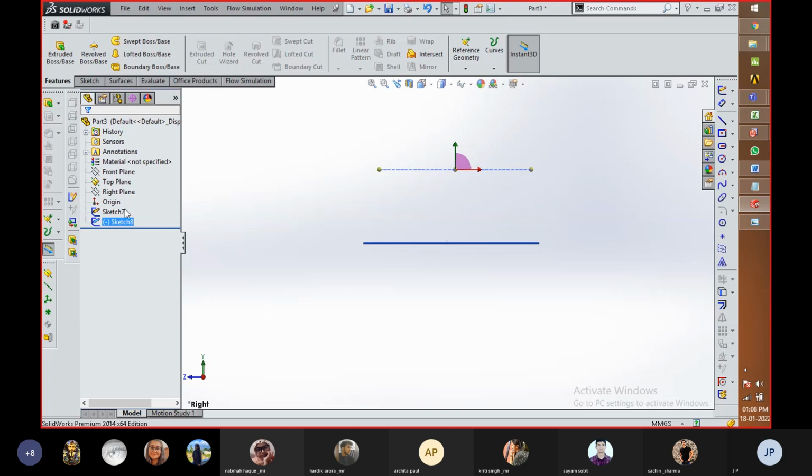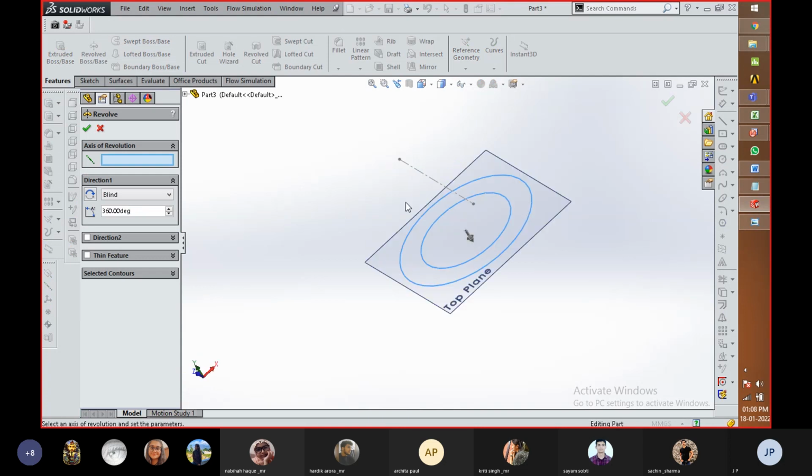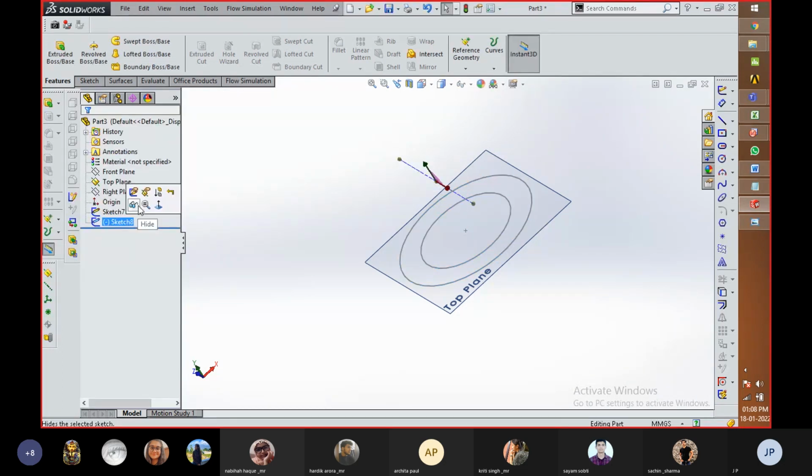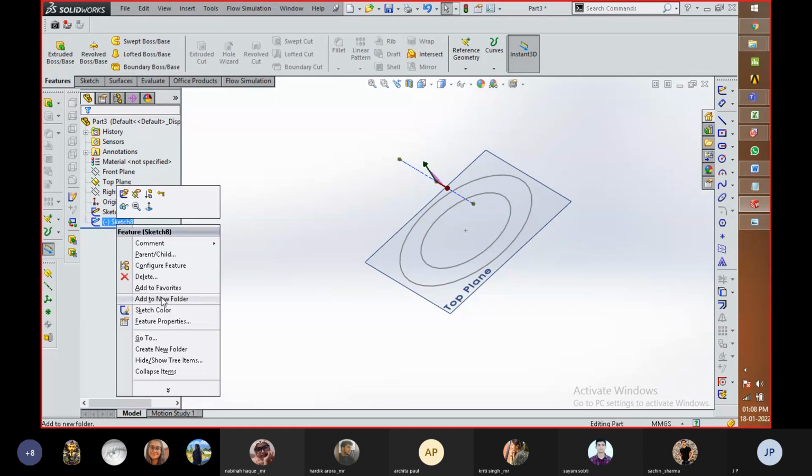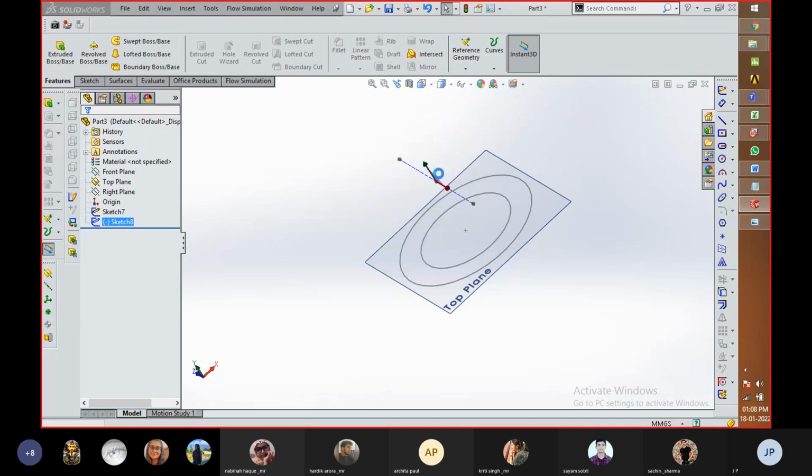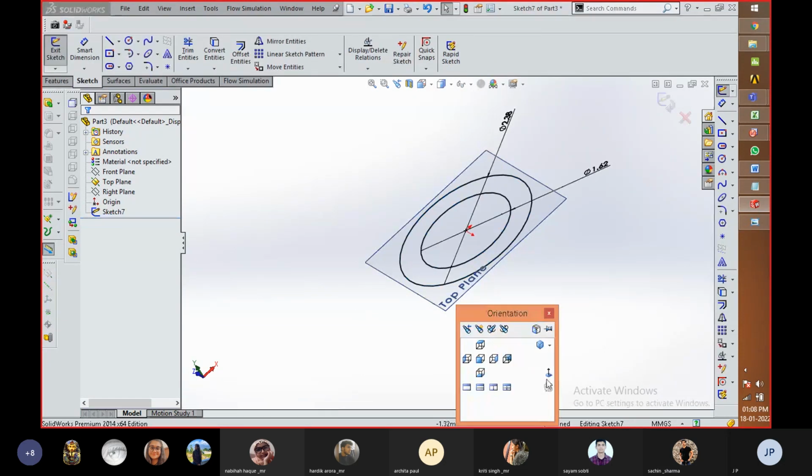Then we are going to select this sketch, revolve boss, about which line it is going to be revolved. Oh sorry, for this purpose the line is actually going to be in the same sketch. Forgot that part. So I'm going to create a sketch within the same profile.